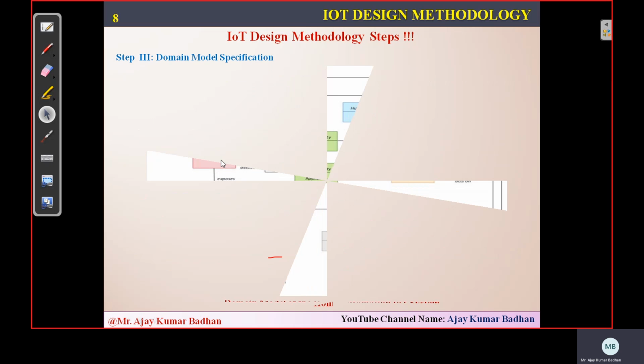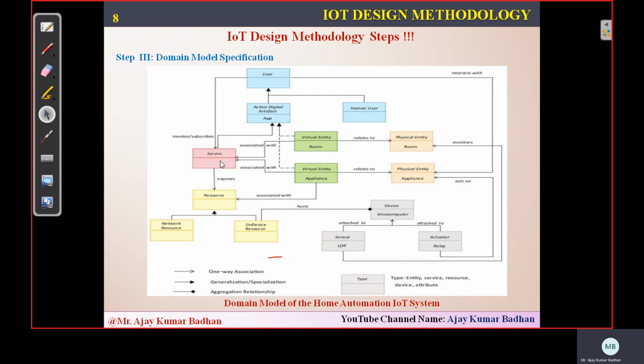You can see here, this is the diagram related to it. On the top we have a user, and in between we have something called an active digital artifact. Indirectly, what it means is that this is the application, a web-based application which the user will use on a smartphone. In the smartphone, the user will be using this particular application. So who is going to use that? The human, as a user, will use it.